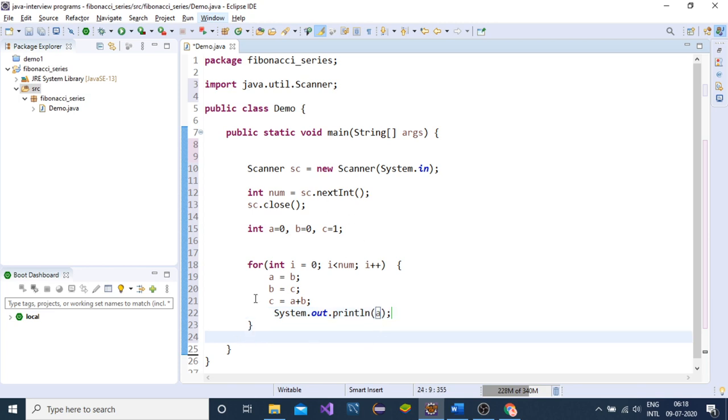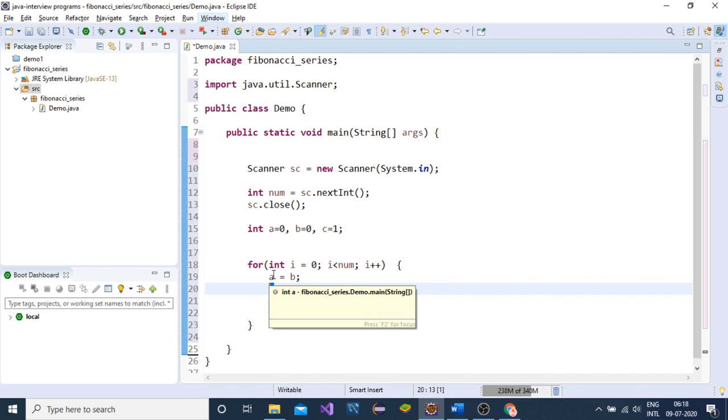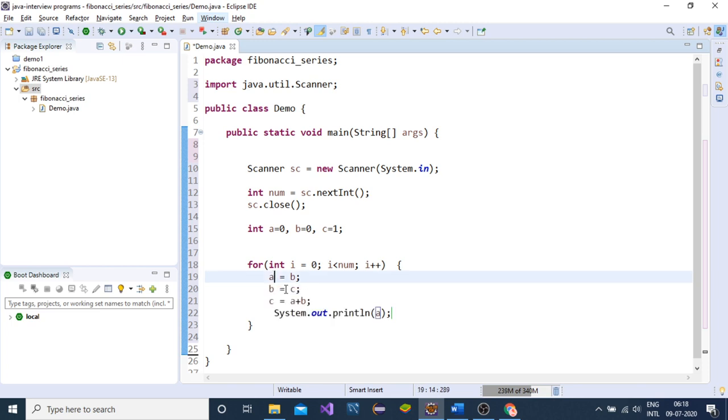The next time we will assign the value of b inside a. Now in the second iteration we have 1 inside b, so inside a the value of b, that is 1, will be stored. Inside c it is 1 again, that will be stored inside b, and the addition of these will be inside c, 1 plus 1 equals 2.